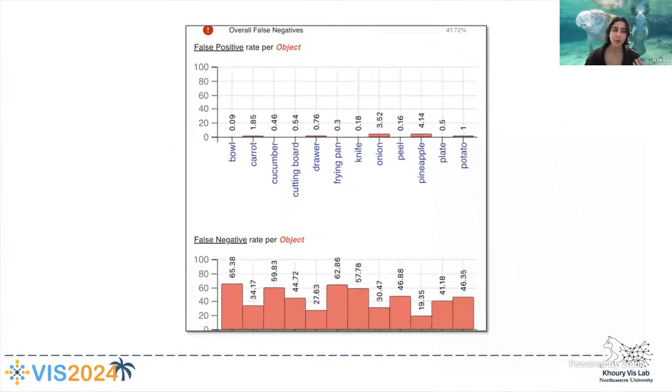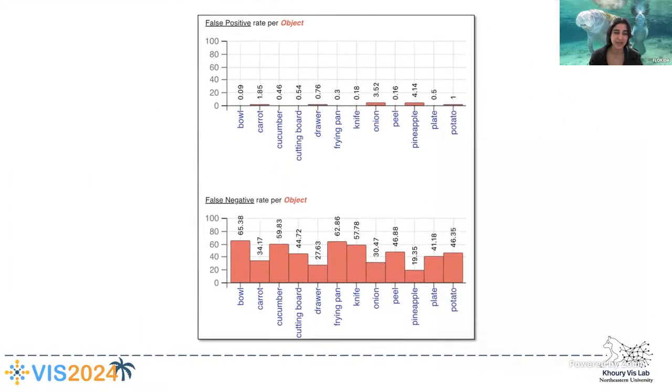We also provide rates of false positive and false negative errors across all of the videos, but for each of the particular labels, in these two types of bar charts. So even a quick glance here can show you that the model makes more false negative errors, so that can lead to more investigation.